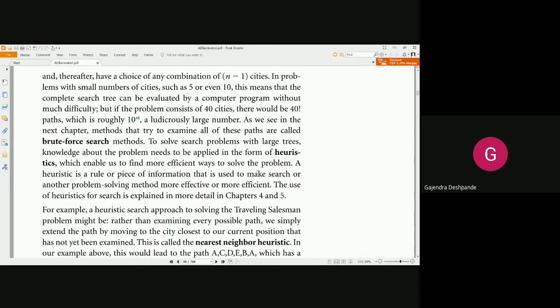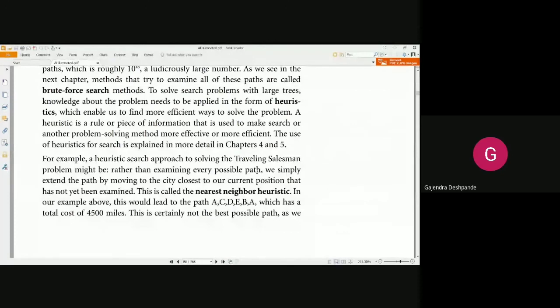And this heuristic is called the nearest neighbor heuristic because we are considering least distance. Whenever we are considering least distance, that means that city is nearer to us. So that is the nearest neighbor heuristic which we are going to apply. But note here that this is not the only heuristic we have. We have many heuristics. So we will discuss those heuristics whenever we reach that point.